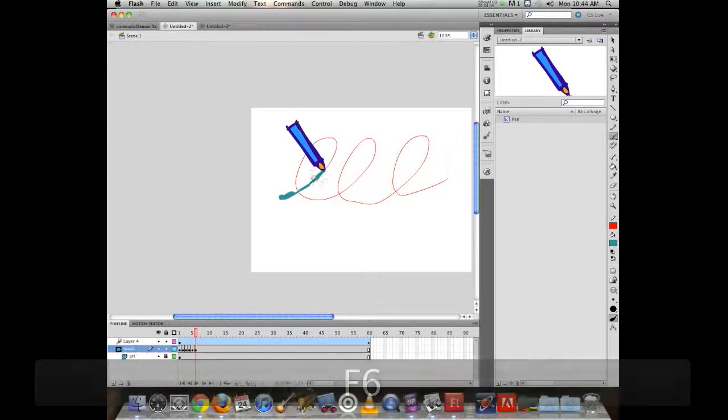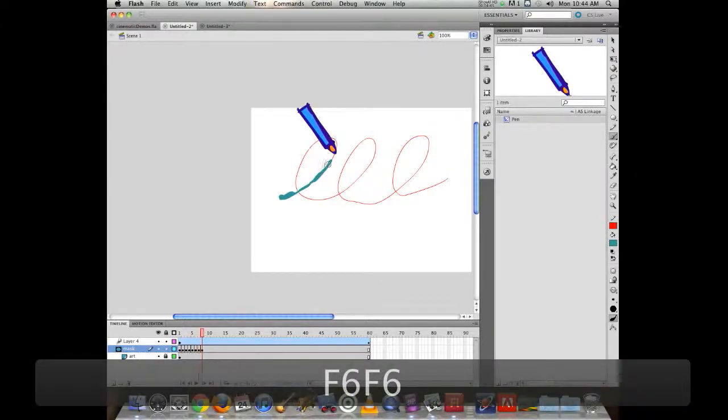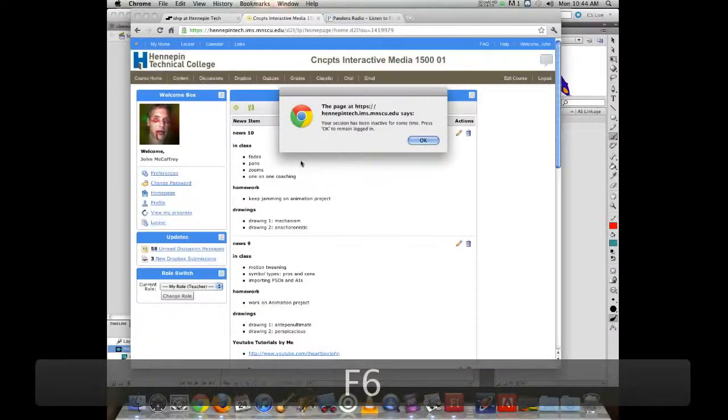So I'm using a combination of motion tweening, frame by frame animation, and masking, and kind of a motion guide where I've created a path